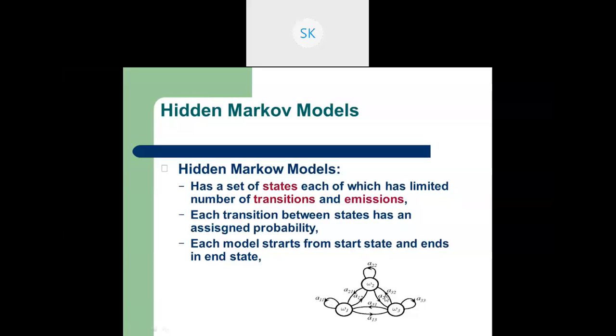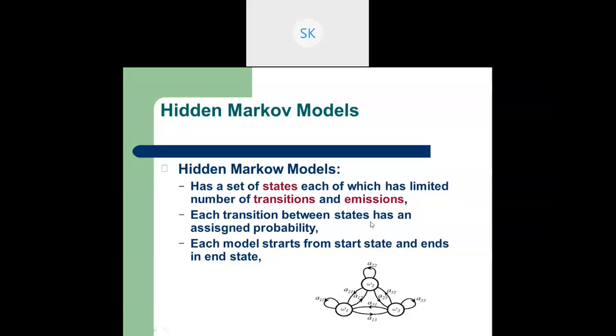Now next is emission. It's not shown here. Emissions are the observations. After going through a particular sequence of states, moving in this diagram from one state to another, let's say you land at W2. That is your end state. And at the end state W2, there are some observations. These are the emission probabilities from W2. It doesn't land you in a state, it gives you the observation, or evidence, and that is termed an emission probability.